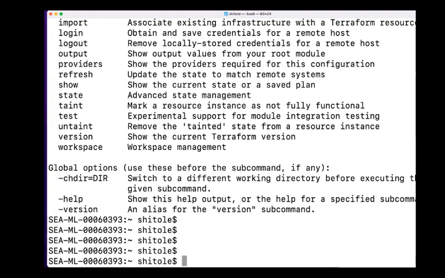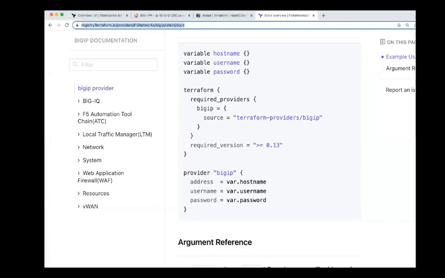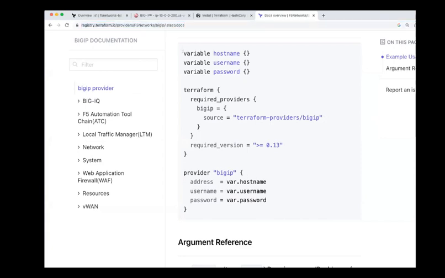Now what we can do is see how we can create a TF file. So in the first part, we already saw the Terraform provider, which is there already in the docs in the Terraform registry for BIG-IP. So what we can do is pretty much take this particular config and